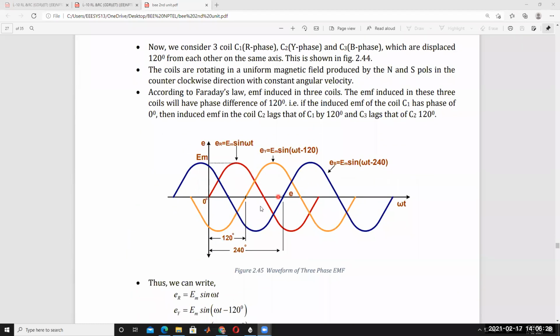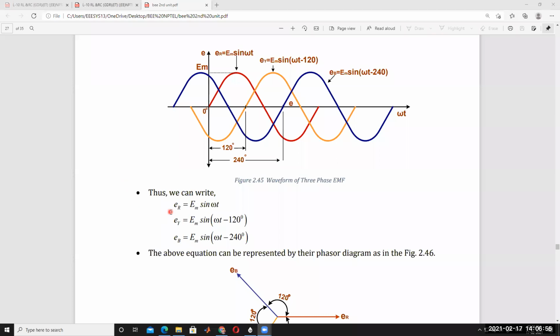So, we completed this yesterday. This is the waveform of a three-phase circuit. We have the three-phase waveform. So this R phase starts from 0 degrees. After 120 degrees, Y phase will start. Okay. After 240 degrees from the starting 0 onwards, B phase will start. Okay. So like this, based on that, we derived the equations.